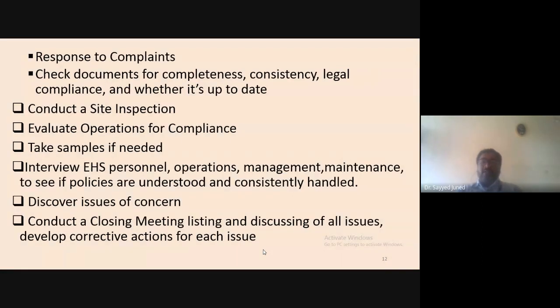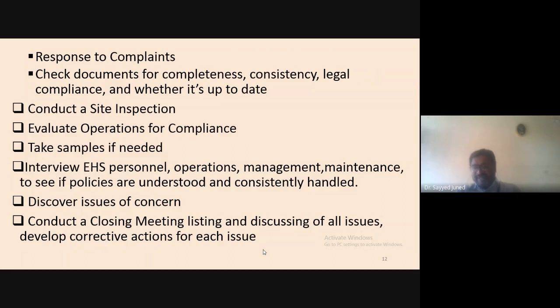The response to complaints. If you have any kind of complaints, we can easily solve them through the green audit. Check the documents for completeness, consistency, legal compliance, and whether they are up to date. It means we are creating the committee which creates the documents or files. They are updated till